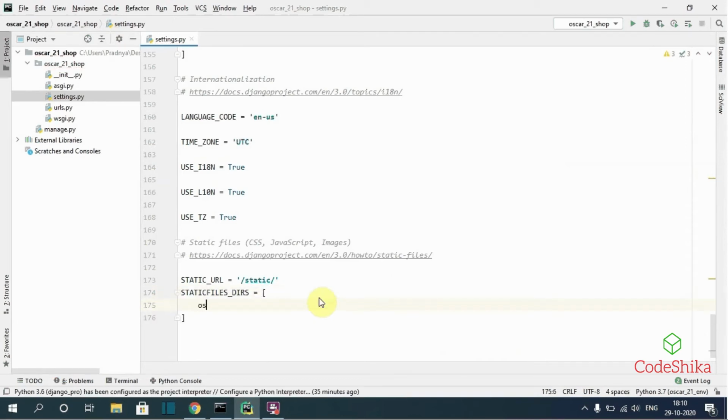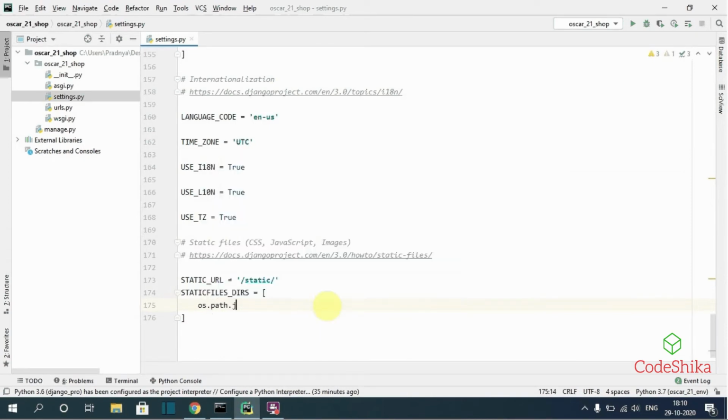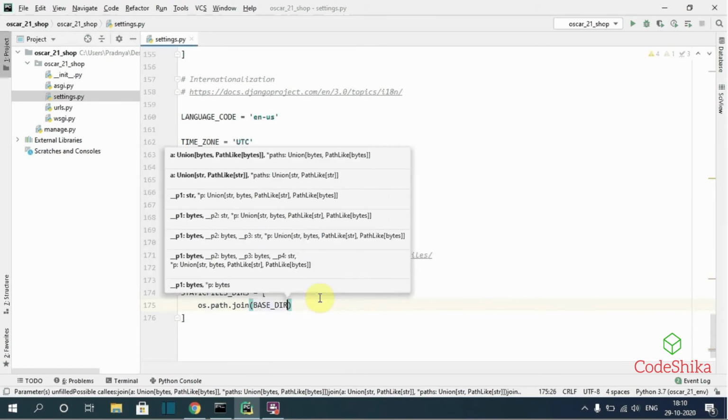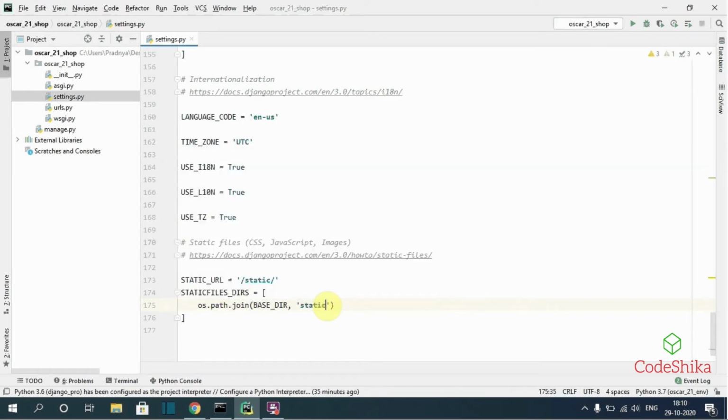Then I will type here os.path.join in brackets BASE_DIR, comma, static. We are specifying here the static directory inside our root project because this directory will hold all our static files for our project. Next, we need to specify static root.